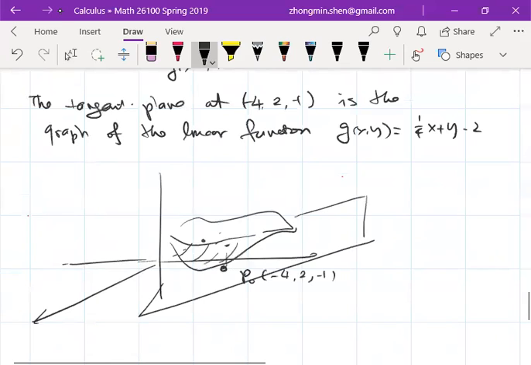So if you look at an arbitrary point on the plane, for x, y close to -4 and 2,